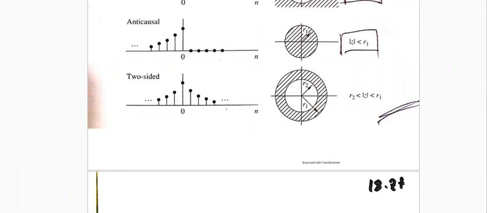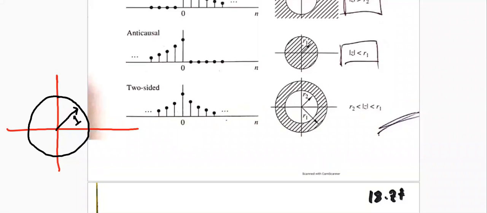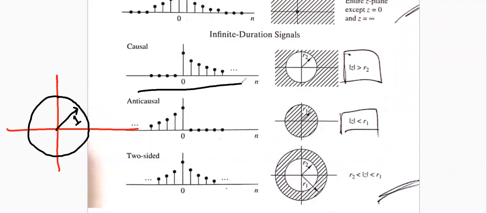Sir, yes, the ROC is kind of an indication of how unstable the system is. Is that right? Yeah, of course. This is a very good question. Let's say we have talked about the unit circle. Think about this. Let's say this is the unit circle, where its distance is 1. Let's say for a causal system, a causal infinite series, for example, if we got, let's say, alpha,